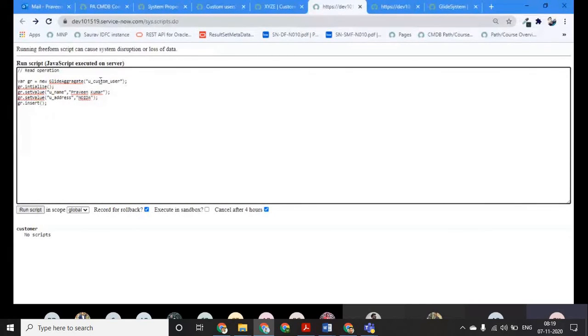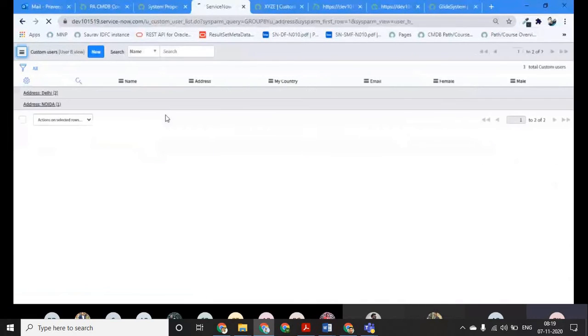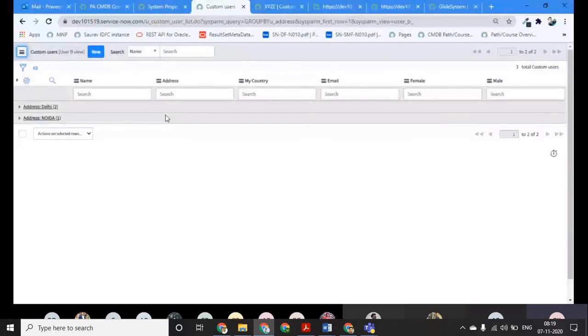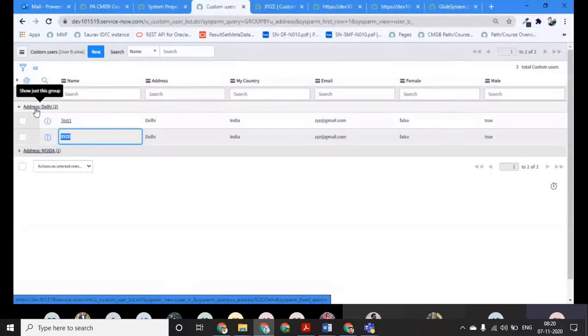One of the most common is, for example, I have two persons who belong to Delhi, and you can see here we have a group by address field. It helps us a lot. It groups all the people who belong to Delhi. This group by functionality is not available with GlideRecord, but it is available with GlideAggregate.